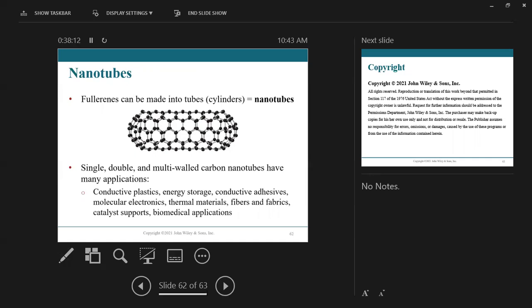This was a big deal at the time because they were thinking about doing all these nice, neat things with this because it would be so strong. There was talk about space elevators and all types of different applications. But the problem is, to make them long,